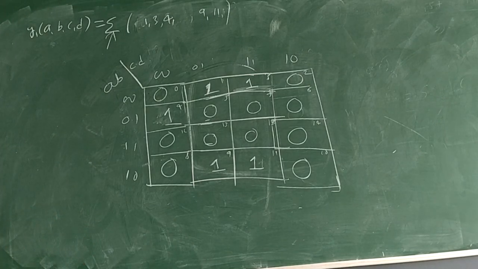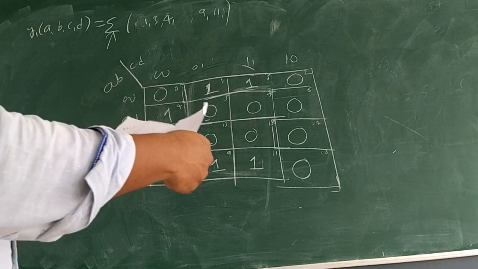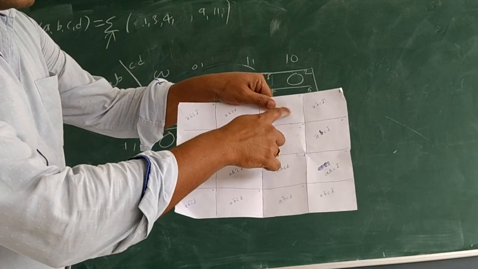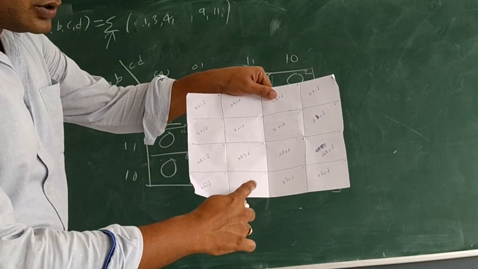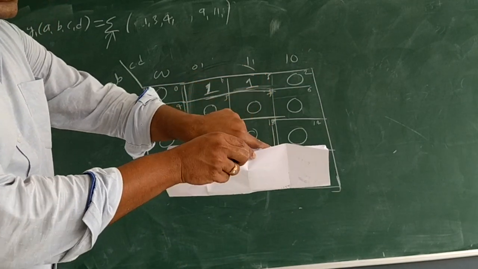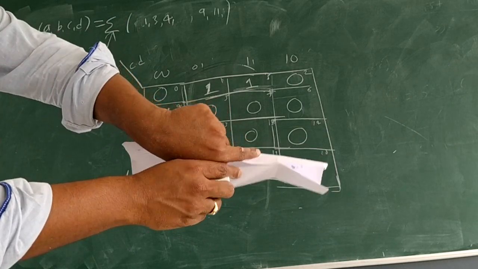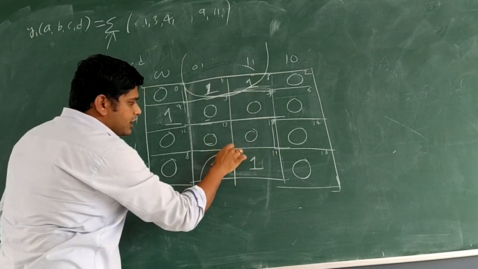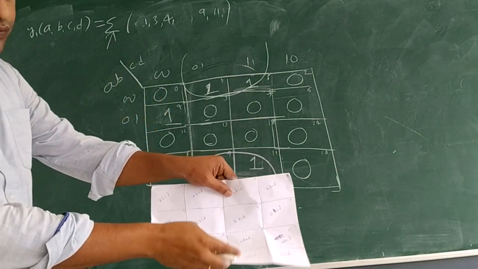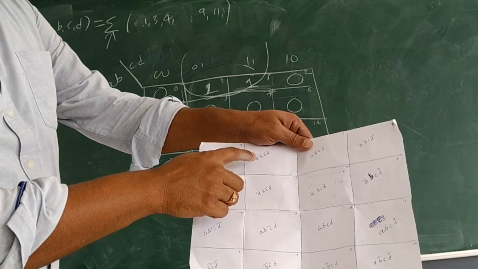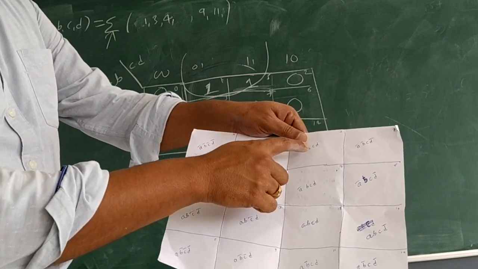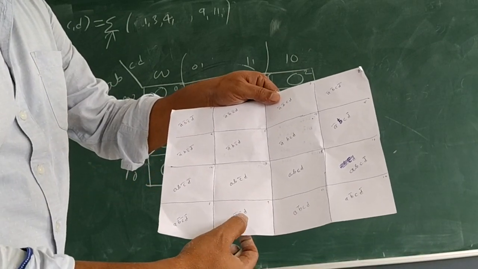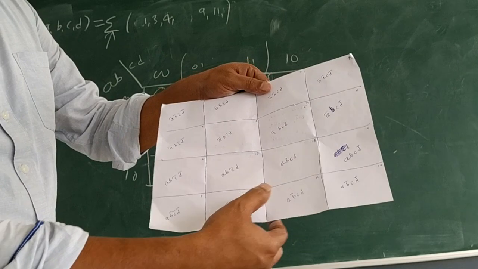Okay, see now, see the function 1 here, 3 here, then comes 9 and 11. Fold method like this. Fold method, horizontal fold. How to show that? See here, like this and this. This is how to fold. See the differences. Here difference is C complement between this. Between this is also C complement, the difference.